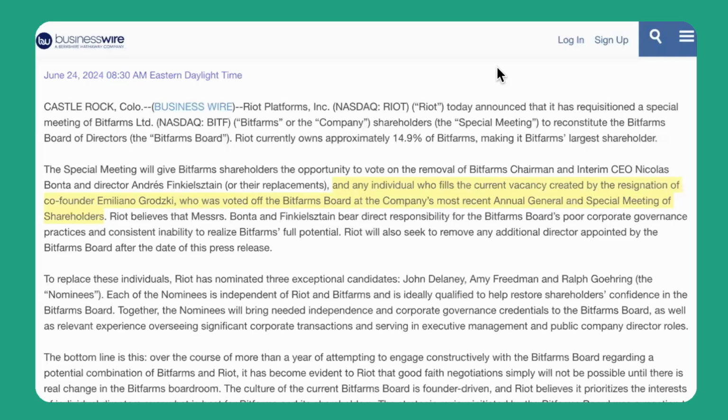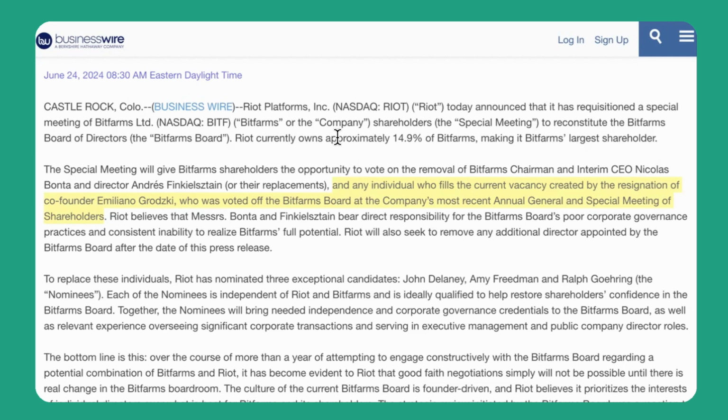So going back to this website that Riot has launched, A Better Bitfarms, right? Where they claim to be able to create a better Bitfarms with the 3 candidates that they have nominated to be on the board of directors of Bitfarms company. Let's go back to this press release here, dated June 24th, 2024. Here they claim the special meeting will give Bitfarms shareholders the opportunity to vote on the removal of Bitfarms chairman and interim CEO Nicholas Bonta and director Andres Finkelstein